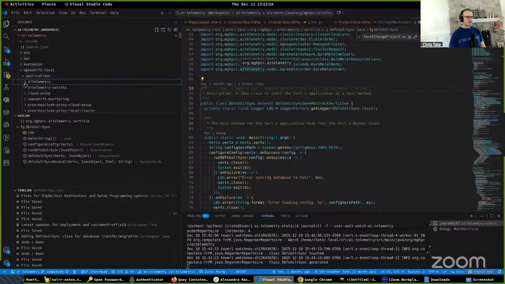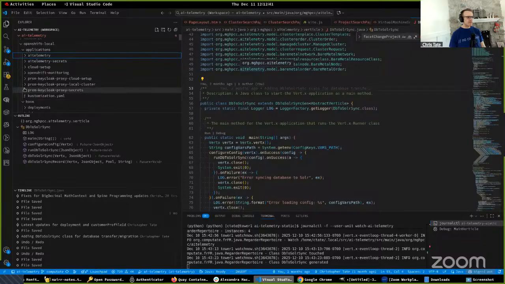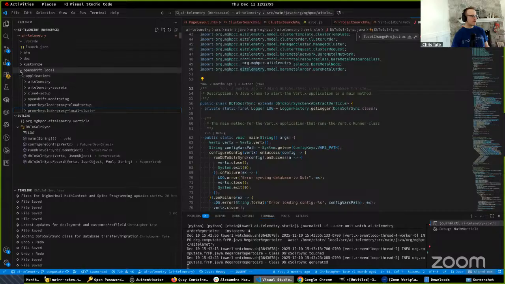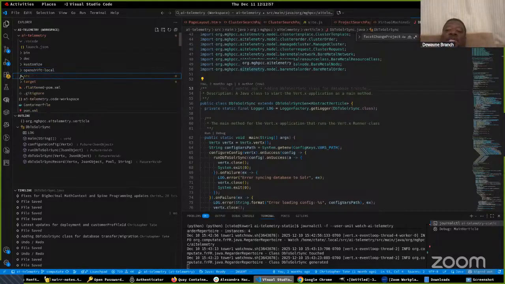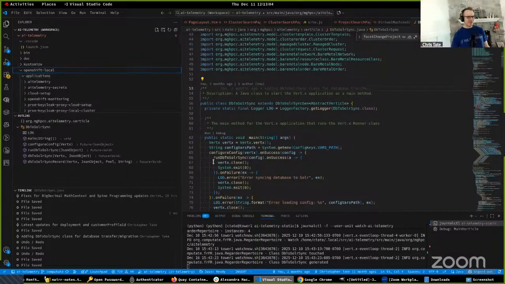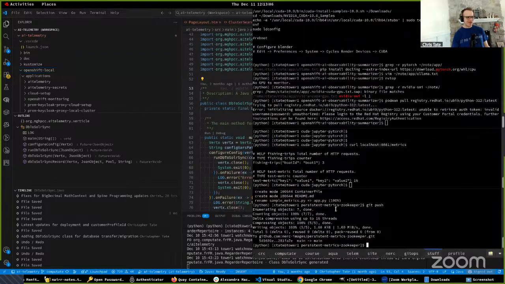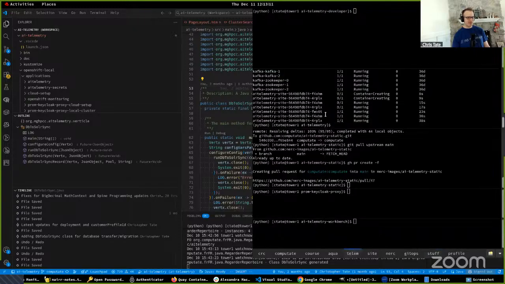AI telemetry has, let me think, local cluster, cloud setup. Does smart aquaculture and AI telemetry have the same number of spine programmed lines? Is that a realistic question? Oh, well, okay, so if you want to know that detail, then you go to telemetry, and what you do is we can run